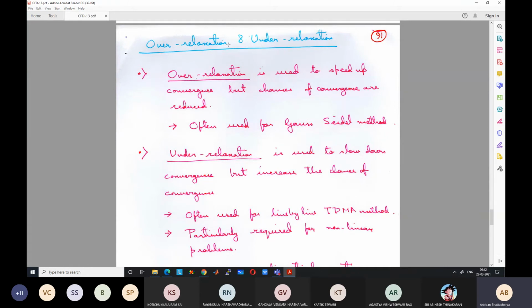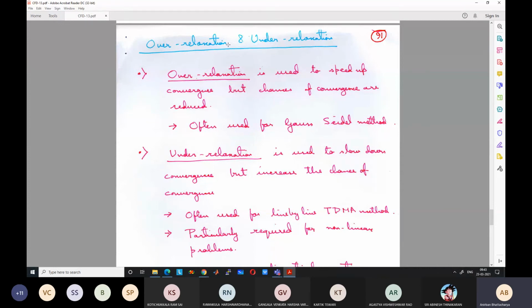But why will it increase the chances of convergence? Because say your correct value is 120. But because of non-linearity, in a single time step, the value goes from 100 to 200. So you are actually going further away from the correct value. So your initial difference was 20 degree. Now your next difference is 80 degree. Now after the next calculation, the solution may go even further away. So after the next iteration, it may go to 0 degree centigrade. Okay. So it is even further away.